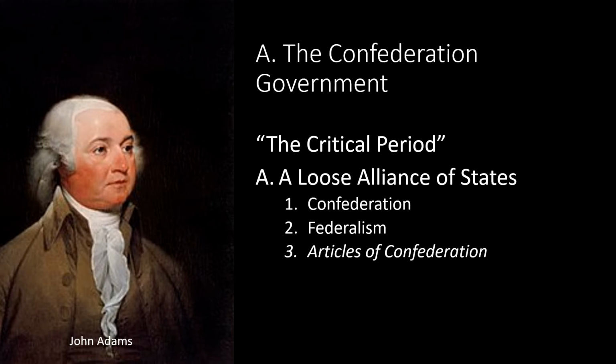John Quincy Adams, the son of John Adams and the future president, is credited with coining the term critical period. He used this term to discuss the importance of the years between the Treaty of Paris, 1783, and the Constitutional Convention, 1787. During this period, the nation was governed by the Articles of Confederation and state constitutions. Many at the time viewed political participation and leadership in the states as more important than the national level. During the critical period, debates emerged on how much power the national, state, and local governments should have, and where, when, and how their powers should overlap.